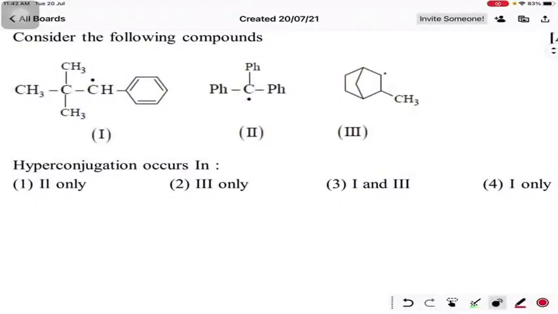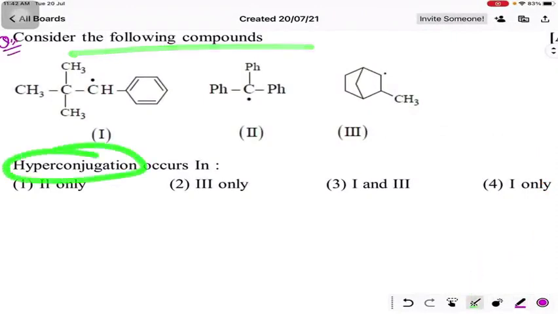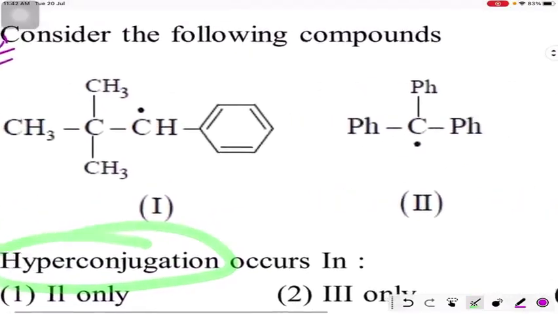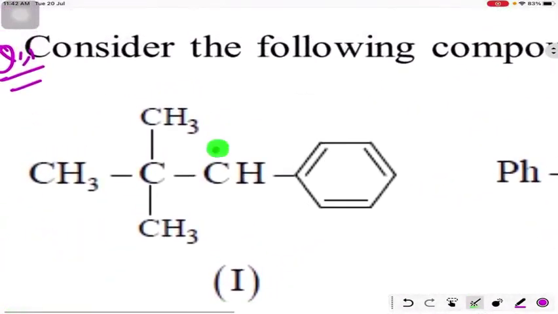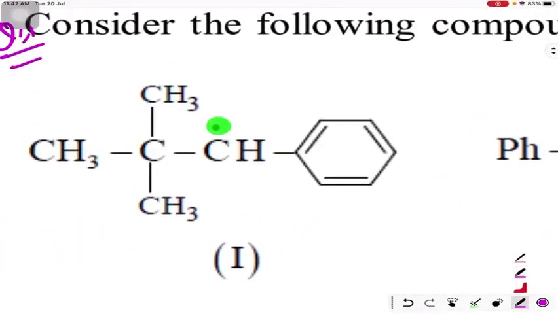Everyone. So today we have some questions of organic chemistry asked in the previous NEET exam. First question is, consider the following compounds and out of these we have to find the hyperconjugation occurring compound. Okay, for hyperconjugation, wherever you have a positive charge or free radical dot, you have to check the neighboring carbon to which